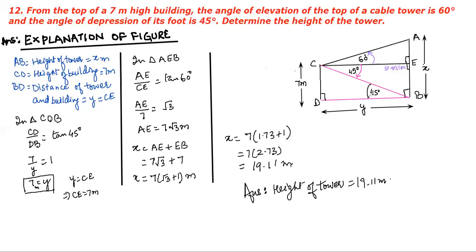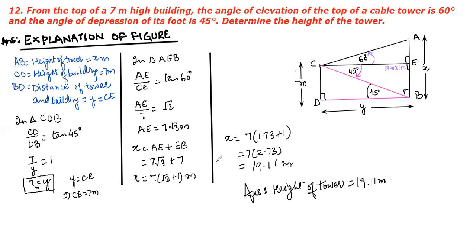This BD and CE are equal. I told you children, the vertical lines are considered parallel. So if they are parallel, then these are the distance between the parallel lines. So BD and CE are always equal. No need to write it somewhere. This is clearly visible and we accept it in height and distance. We don't need any explanation. So the explanation will carry this much part only.